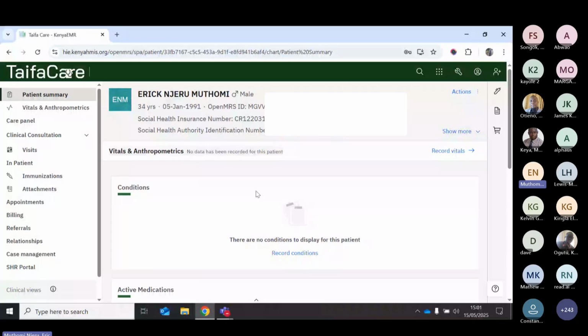So the next use case that I want to show you is this. We know KenyaEMR has been running in our facilities. Once we upgrade to this particular version, it's not a new system, it is the KenyaEMR that we've been using, only that we'll be upgrading KenyaEMR with the Taifa Care version. You'll be able to see some existing patients, some of the patients that we used to have. What will be happening? We need to start from the same